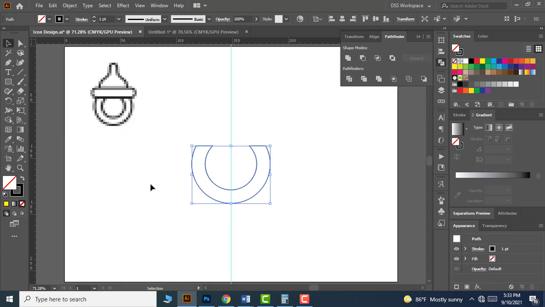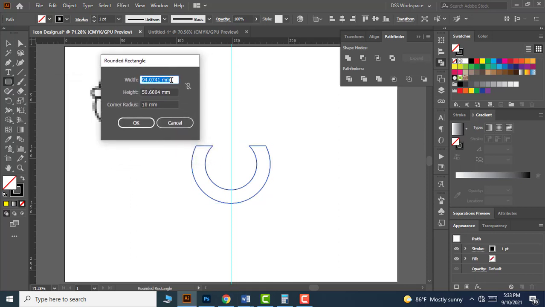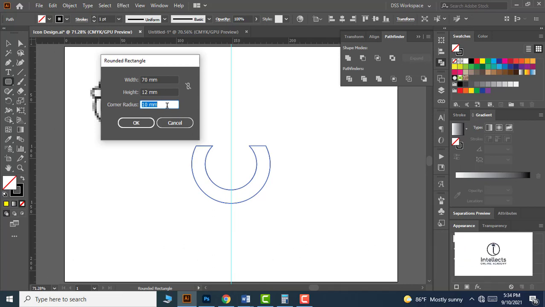Now let's activate the rounded rectangle tool and click on the page. Then make sure the width is 70 millimeter, which is the diameter of the circle. Height must be 12 millimeter, which is the offset value of the circle. And let me give the corner radius something like 7 millimeter,